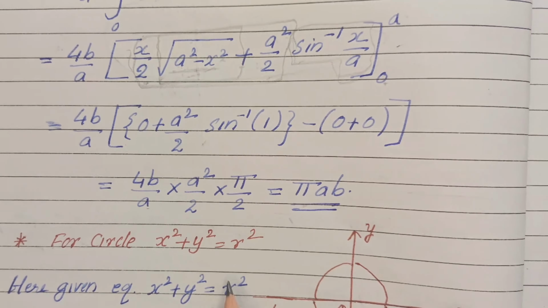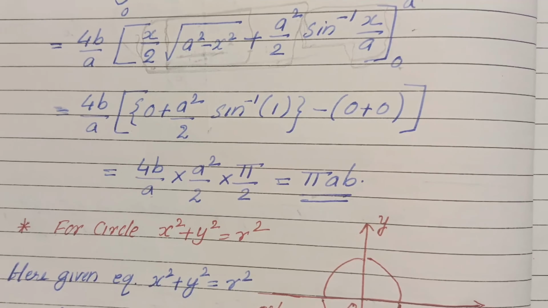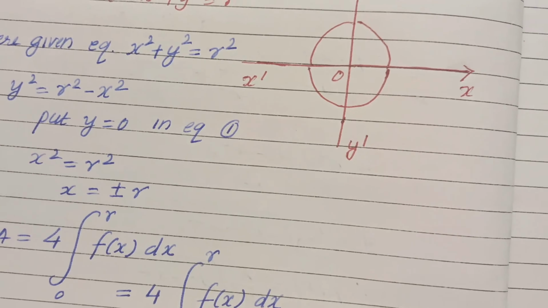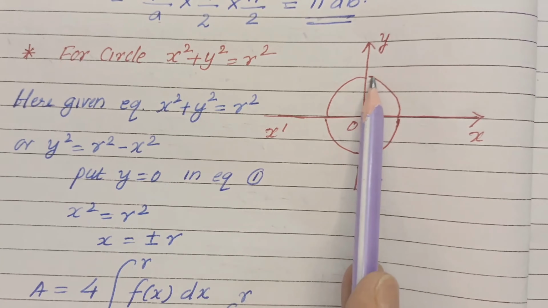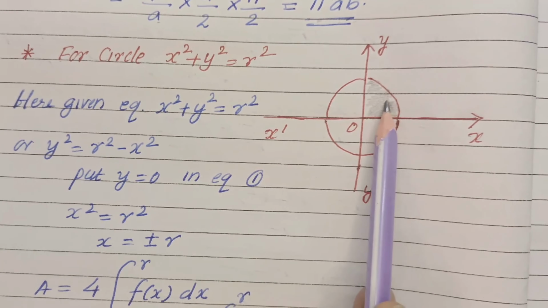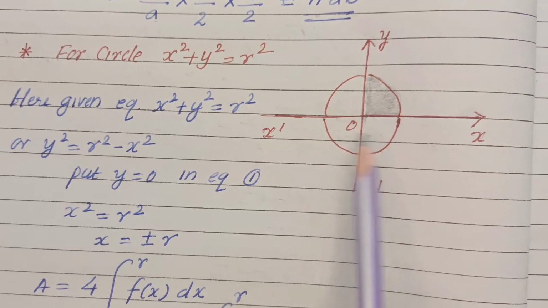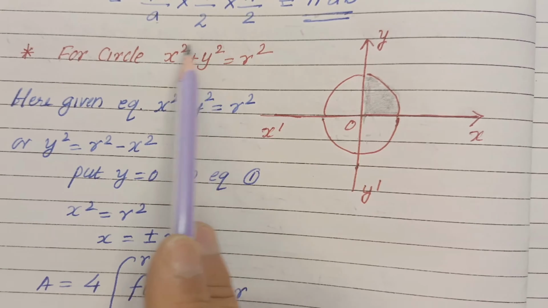Similarly, the same thing we just did can be done for the circle. For the circle the equation is x square plus y square equal to r square. When we have that, you know that the curve is centered at the center and has all four arcs the same. That's why we can use the same formula we just used. Because we multiply by 4, we have 4 equal parts, since the power is the same. If the power is same, then all 4 quadrants will be the same.